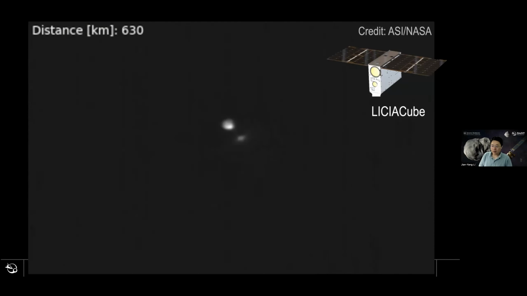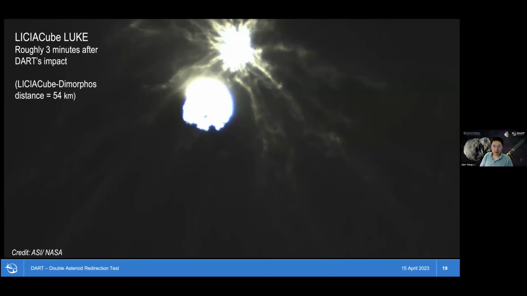Now let's look at some more beautiful images from LUKE. This is a long exposure image, where the bright blob is Didymos, and then there's another bright blob here that's Dimorphos, saturated, and also the base of the ejecta. And because this is a long exposure, you can see a lot of faint structure right here from the ejecta. A lot of ejecta rays or filaments that come out. Very beautiful, very complicated structures. You see a lot of blobs here.